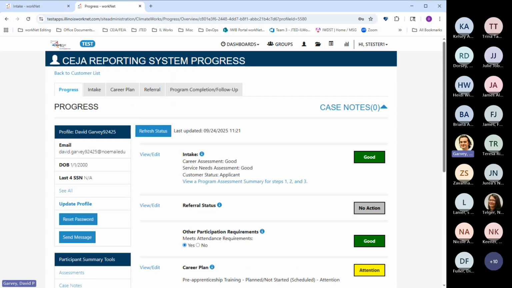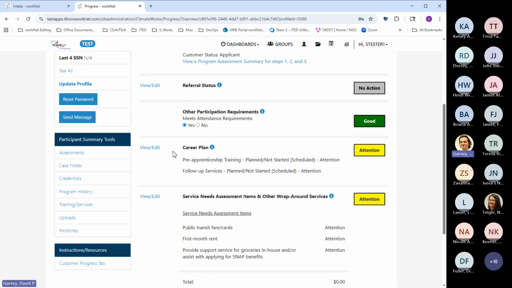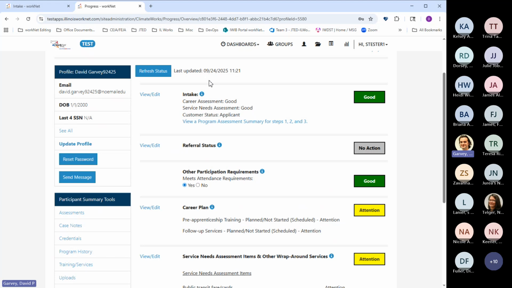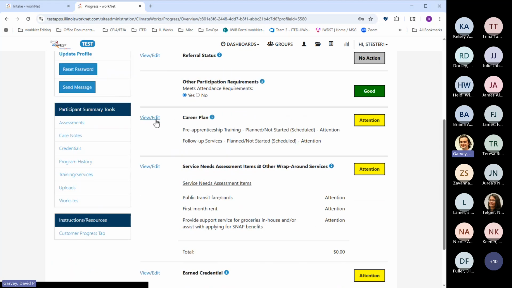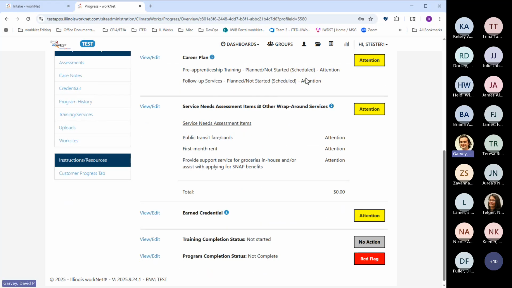So I'm logged in as a ClimateWorks grantee, and we've added this customer into the system. We've completed intake, and then the next section is to address the services. On this progress page, we'll be taking a look at the career plan. These are the two services that populated, and we can add more.